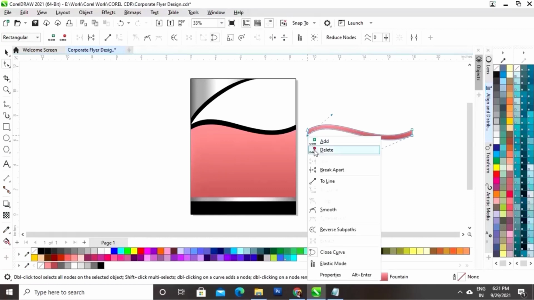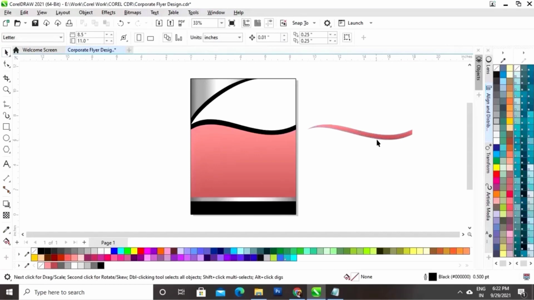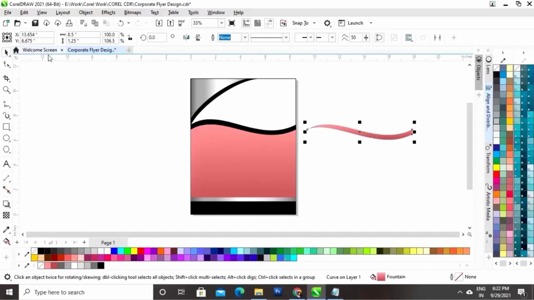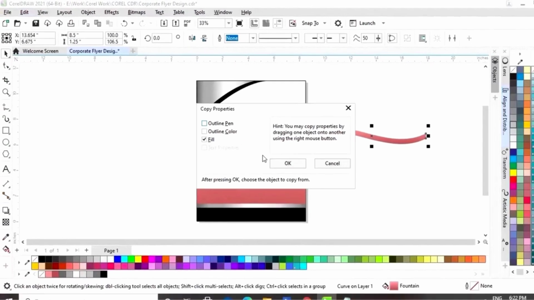Now we will delete this node by right click, or we can double click on the node to delete. Now we will drag the handles like this. Now I'll go to the edit menu and we will select the option copy properties from.